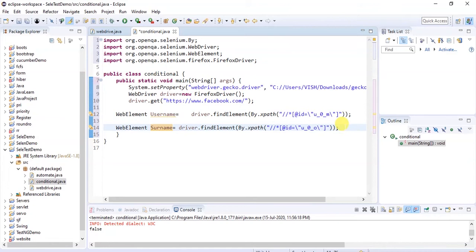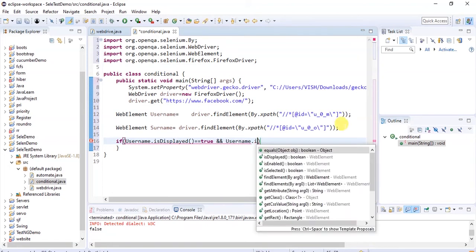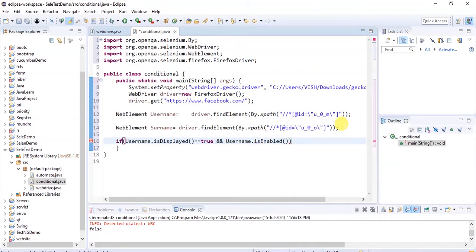Fine. So how are we going to validate this? By default the element is present, so what we can do is simply use username.isDisplayed equal to true, and username.isEnabled. If both the conditions are satisfied, then we can enter the text inside the username field.